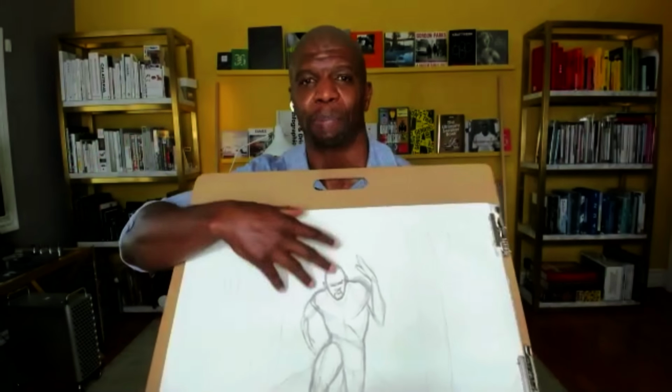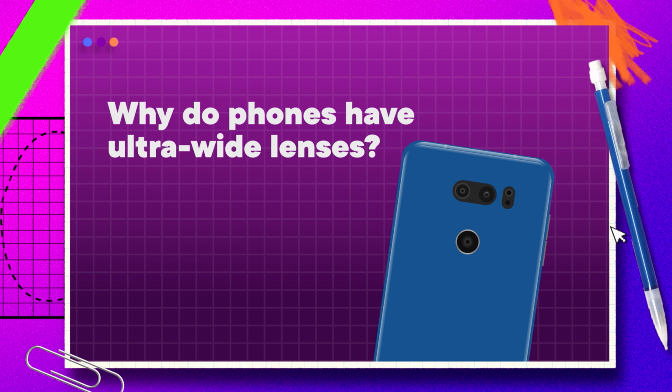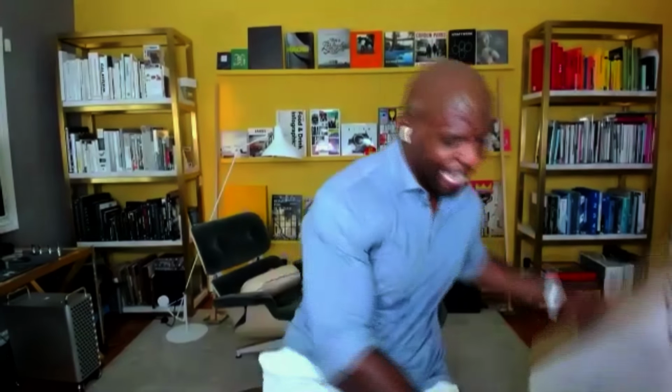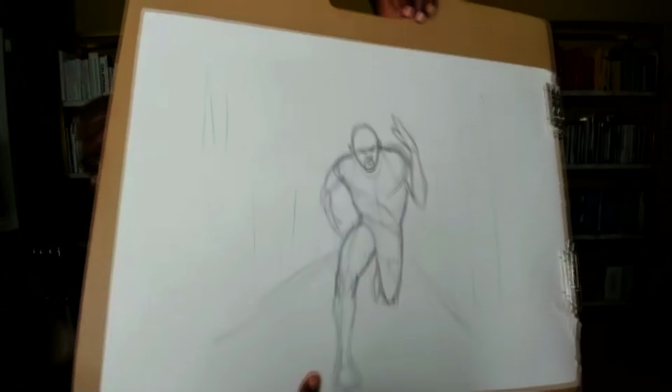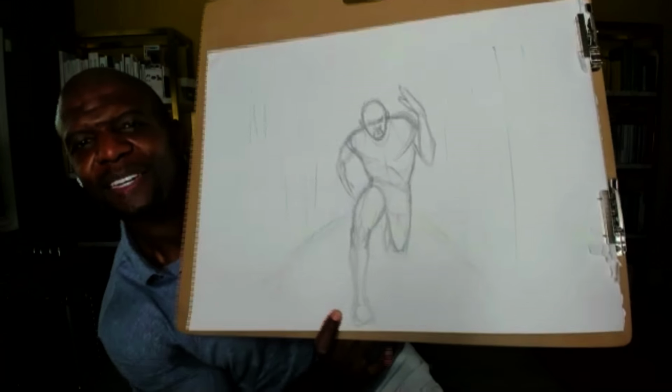So this drawing that you just finished is a perfect illustration of what foreshortening really is. And remember, this final image looks realistic, but it started with just a bunch of basic shapes. So, bringing it back to the question I asked at the top, why do our phones have ultra-wide lenses? Because getting more depth in your images can make a regular picture look amazing, like this. See, the trick is simply a matter of perspective.